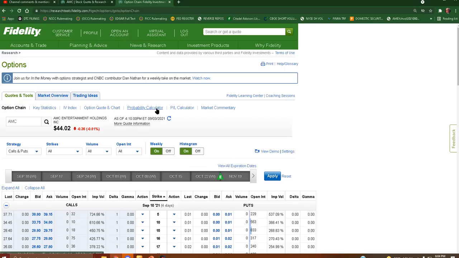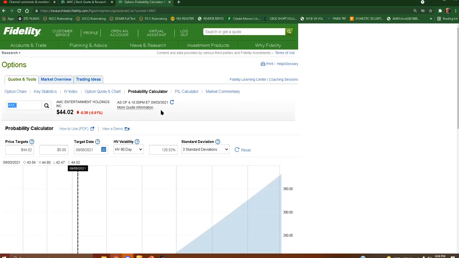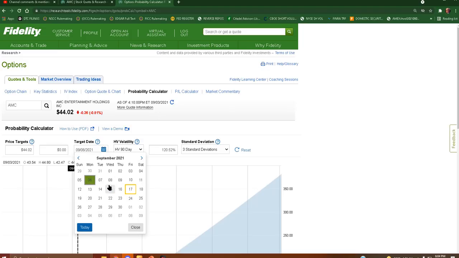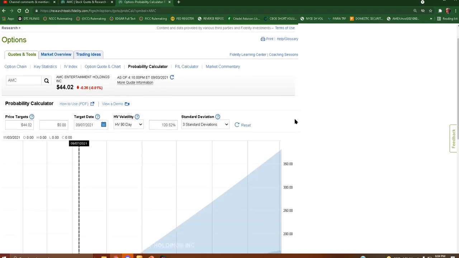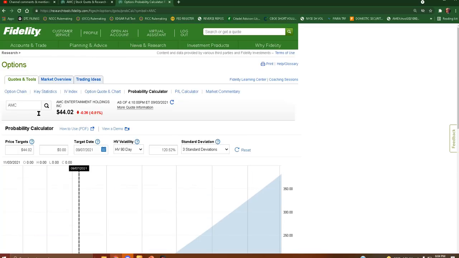So let's look at the calculator now. And again, not a price projection, just a percent chance up or down based on this model for the 7th, which is Tuesday. Just about dead even. So a coin flip for AMC, as expected, coming off a 3-day weekend.